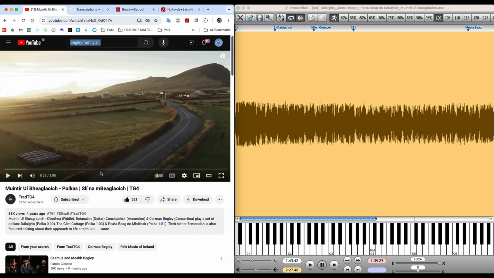So basically my workflow is extracting the audio of whatever I want to transcribe. I will then bring it into Transcribe by SevenString, which is this software here on the right hand side. I'll typically listen to it a few times, get it in my ear. If it's more complicated, I might mark it out in the timeline, and I'll show you how to do that in a second. And then I'll start inputting the notes, listening to it, going back and forth between Dorico and